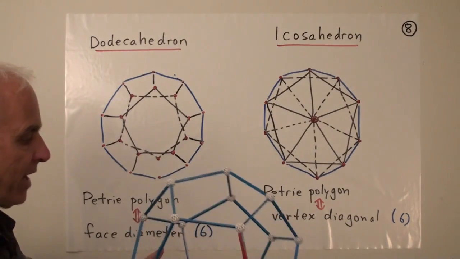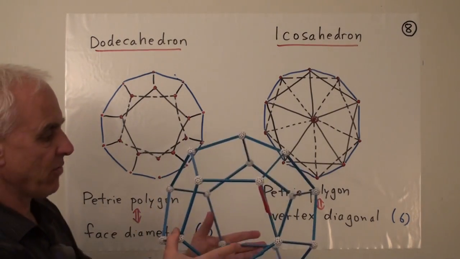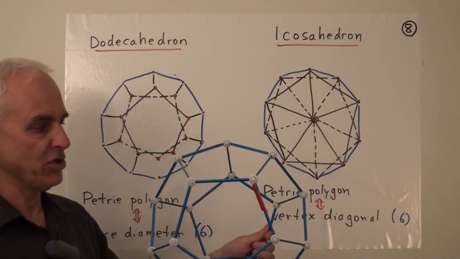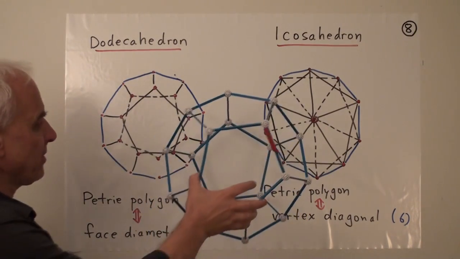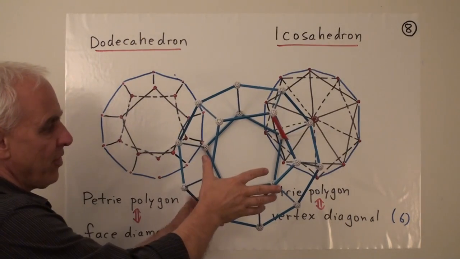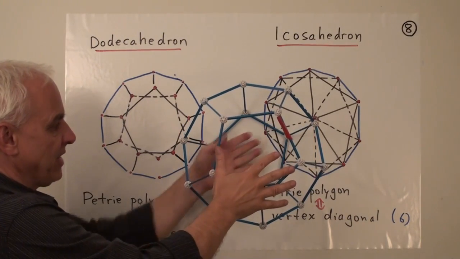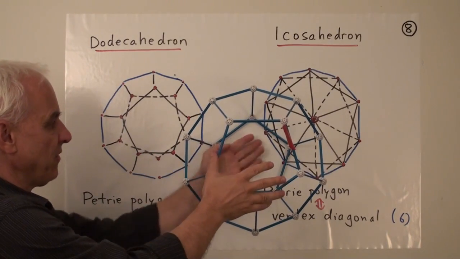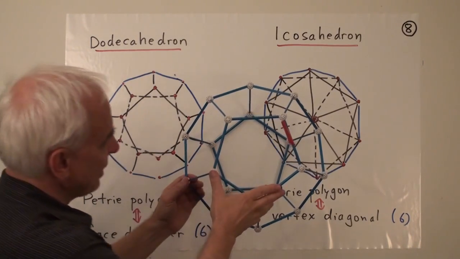Now, if we look at this zigzag in just the right way, in other words, if you're far away, so you're talking about an orthogonal projection, and we do it in such a way that this face and this face are lined up, this one facing you and this one furthest away, then if you look at